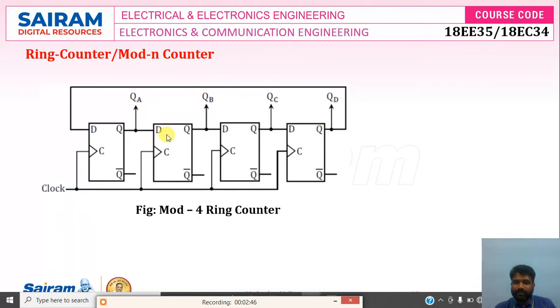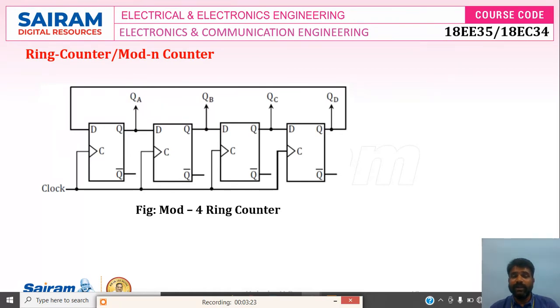And then the input to the next flip-flop is derived from the previous flip-flop. Again here, this D is derived from the QA. And meanwhile they are connected to the output terminal. Clear now? This is a simple configuration. Remember, ring counter means the uncomplemented output of the rightmost flip-flop should be connected to the input of the leftmost flip-flop. Then the input to the next flip-flop is derived from the previous flip-flop.